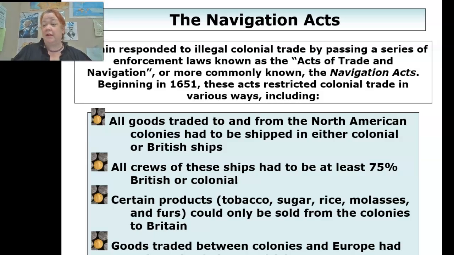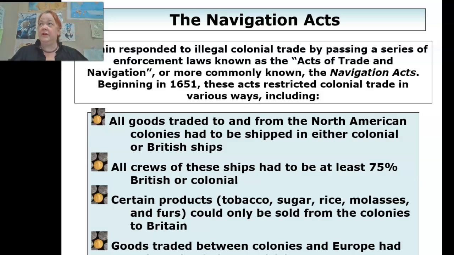So if you are a colonist in New York, and you want maple syrup from New Hampshire, because the maple syrup sap comes, well, it's up in Canada too, but New Hampshire, you can't buy fresh maple syrup there. You have to buy it from Britain, even though you could drive that in one day. It took less time for them to just go to New Hampshire themselves, get it, and come back. No, they were not allowed.